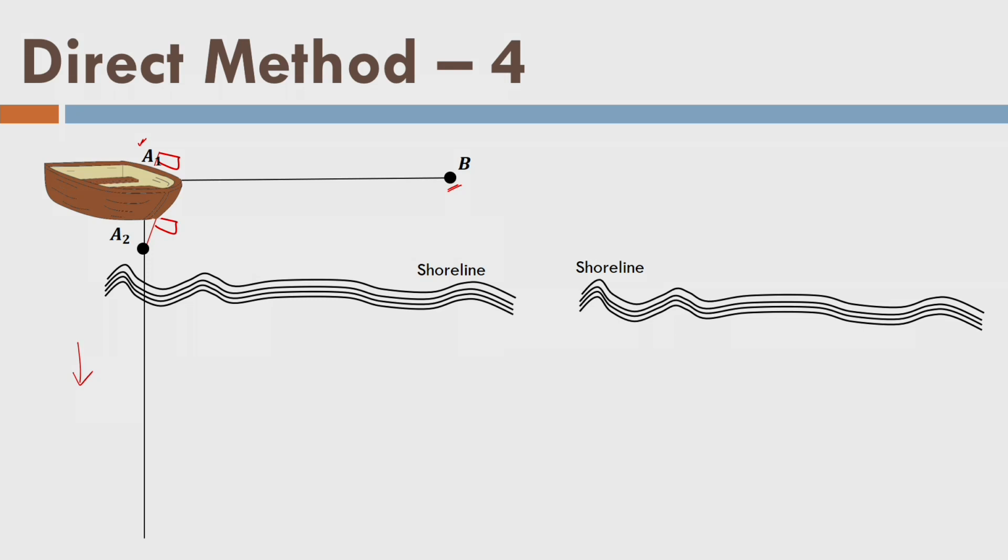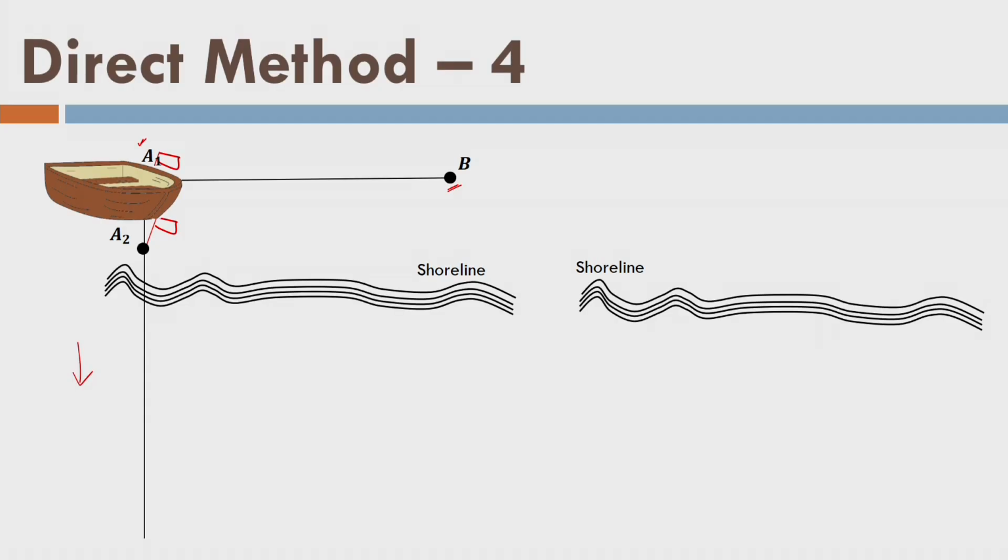So, let us see into the animation, what does it mean. Let us say at point A1 we have a flag, that means we have established a flag, a kind of reference mark. Again, in order to align the line, our outbound run, we have marked A1 and A2. Let us say two ranging rods or two flags are put there. So, they are basically indicating one straight line.